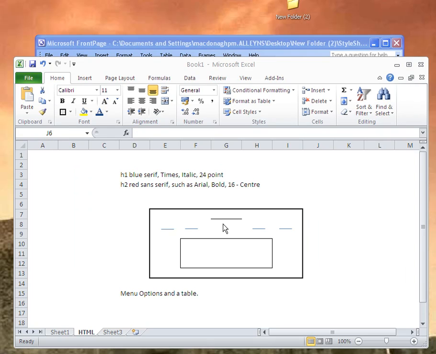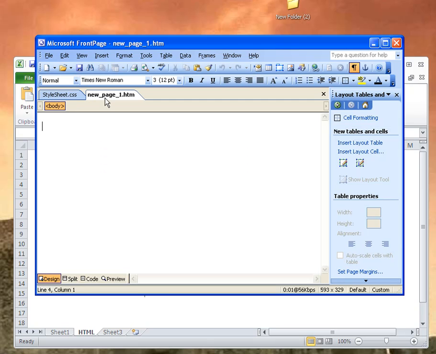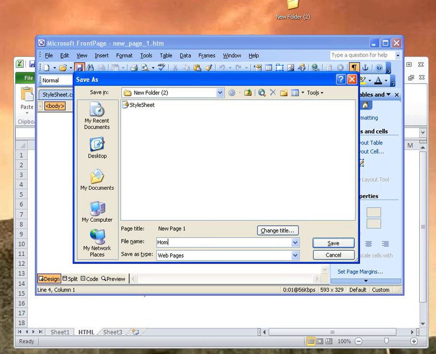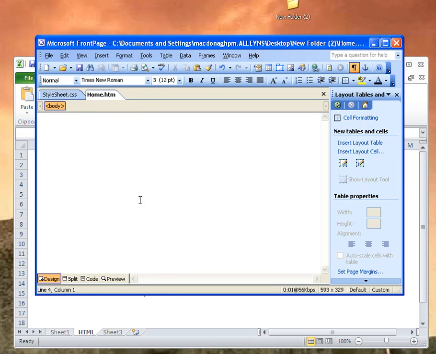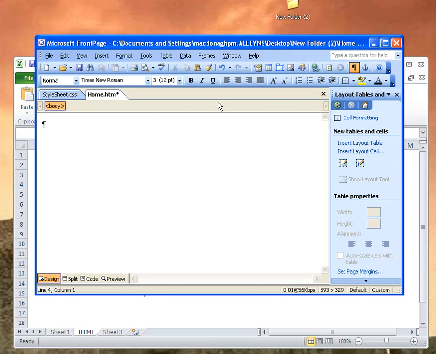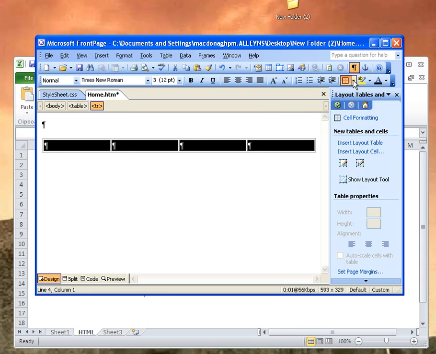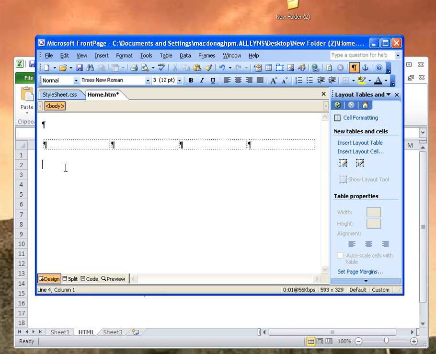Okay, I'm going to make a new home page, and it's going to have menu items on the top and room for a table here. So it's going to look something like this. So I come over here and I do File, New, and I get a new page. I'm going to File, Save As, and in here I'm going to call it home, and title I'm going to center, come down to the next row, and I want to insert 4 columns, 1, 2, 3, 4, and just like in a word processor, or in Excel, I'll highlight the row and get rid of the borders, and here I can give myself my title,